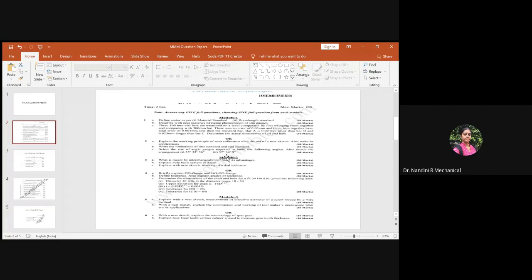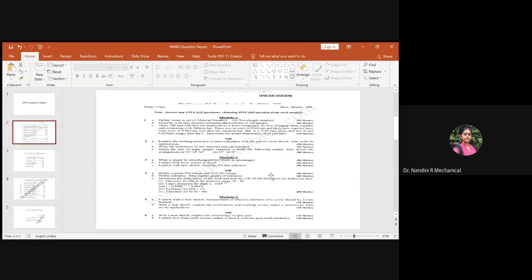And then they have asked you to show the working of a dial indicator with a neat sketch. So please draw the sketch for the dial indicator, let it be readable and drawn a little bit bigger, and then you explain it. Okay, how does it operate? So it is given for 6 marks, or else you usually get one problem on module 2.